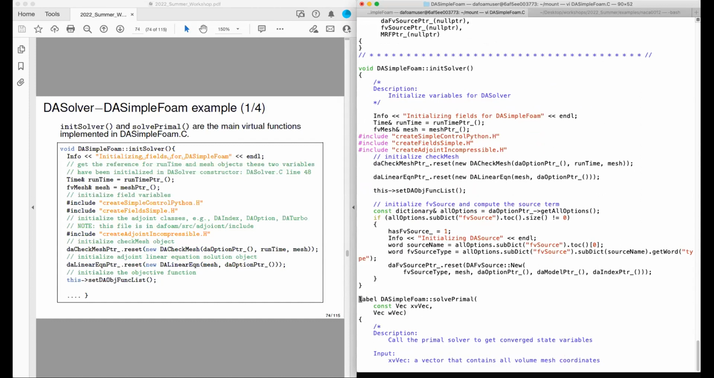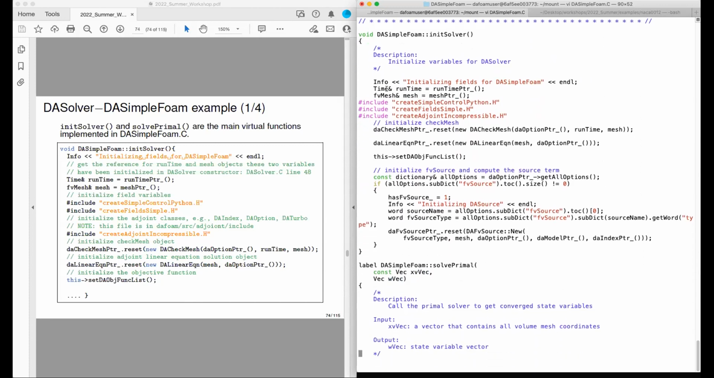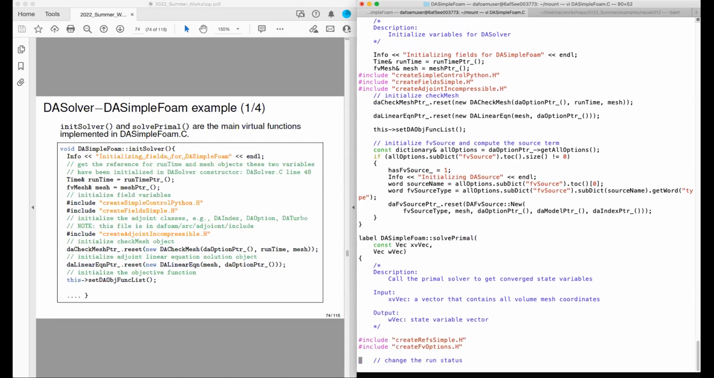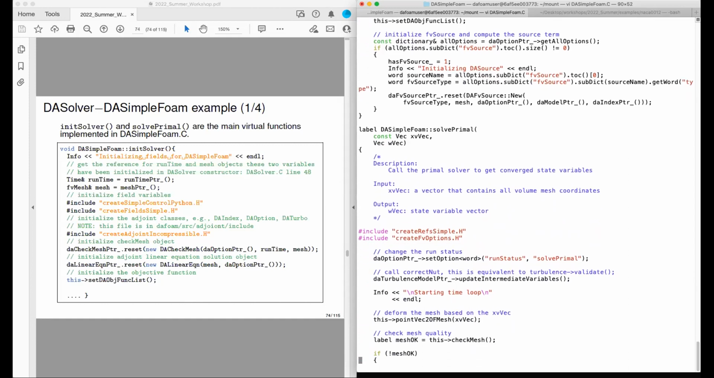So for the flow, for example, the input of this function is the xvVec, which is the volume coordinates. The output is the wVec, which is the state variables. If I go down, by the way, the initialize solver function will be called only once during the operation, but this solve primal may be called multiple times because we need to solve multiple flows. The flow variables and the mesh are created only once. If I scroll down, you can see that